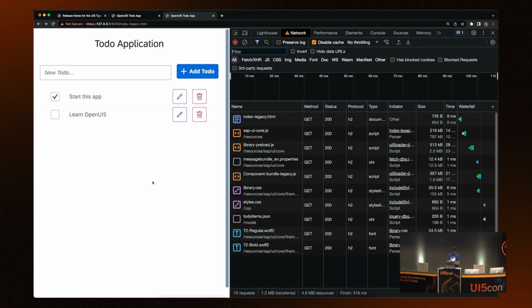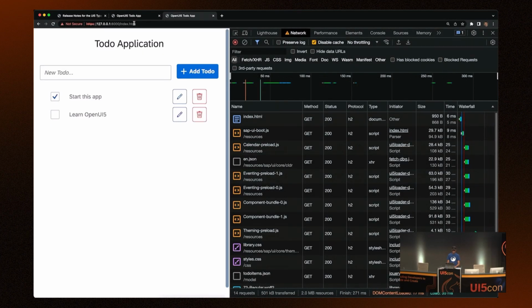So now let's come to the new approach we provide. Take a look into the network trace already. Exactly. And the first thing I should mention is we reduce the footprint a lot. So it's only 500K and it's 2 megabyte unzipped. So it's more than half better. It's really cool.